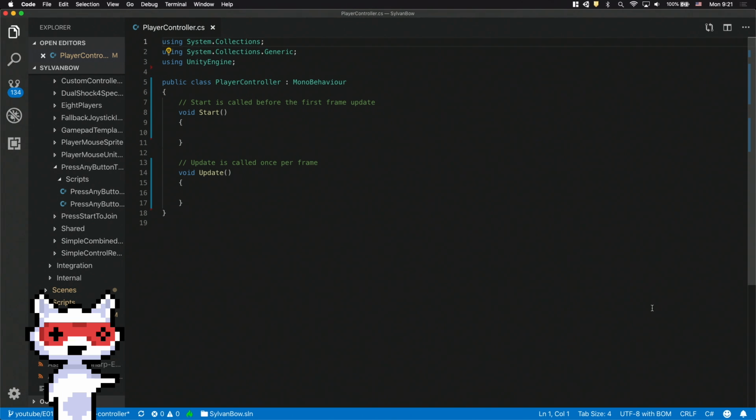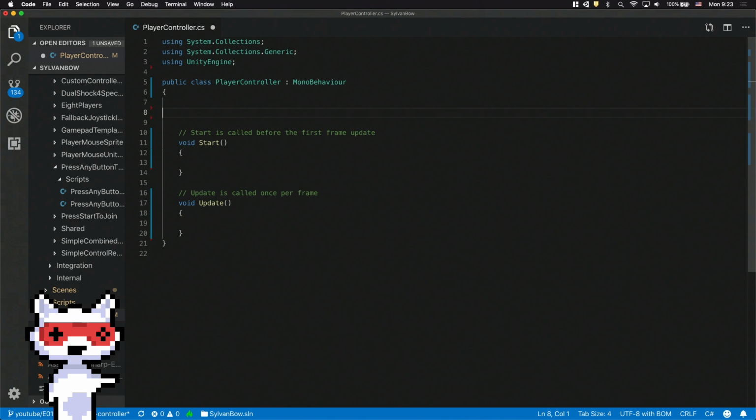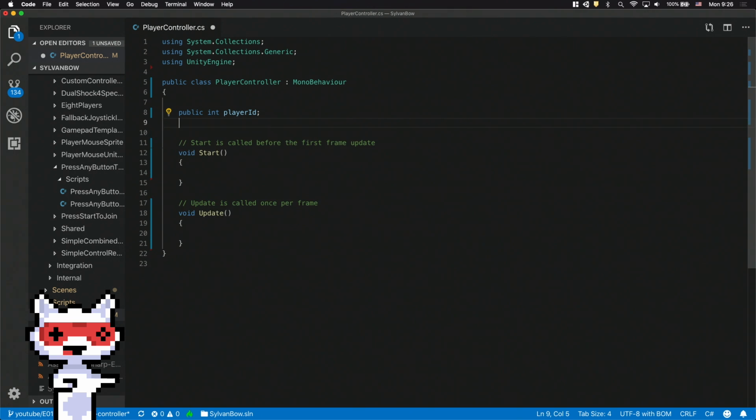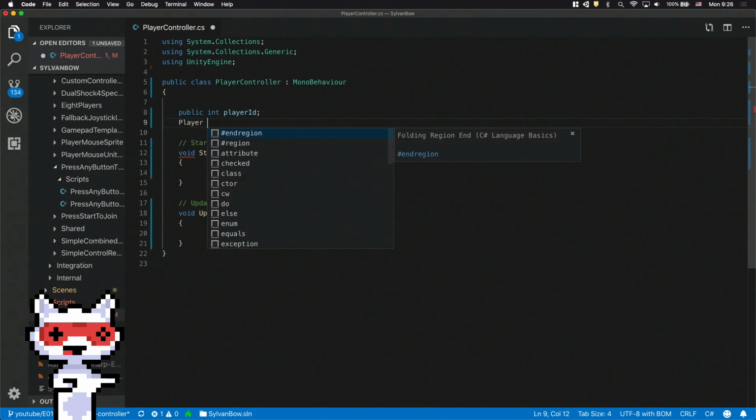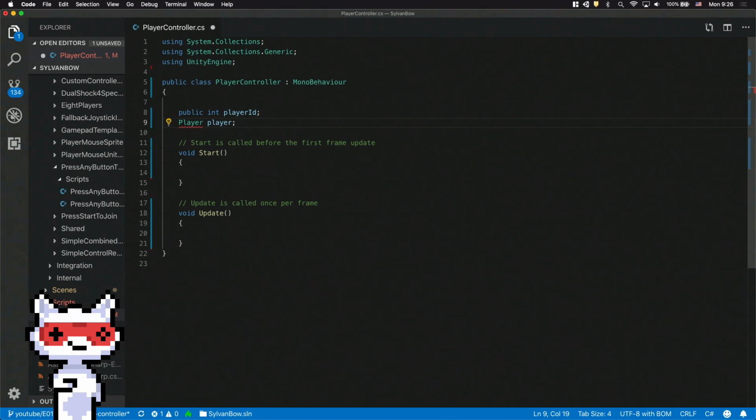The first thing I'm going to do is declare two variables for the Rewired input system asset that I use for this project. Don't worry, you don't need to buy it. I'll be pointing out the differences so you can use the built-in input system instead. For Rewired, I have to declare a player ID so I can tell Rewired which player it is. Let's have this one be public so I can set it in the inspector window later. And I need to declare a Rewired player variable, which is the variable that I can access the inputs through. But this doesn't have to be public because we don't need it in the inspector window.